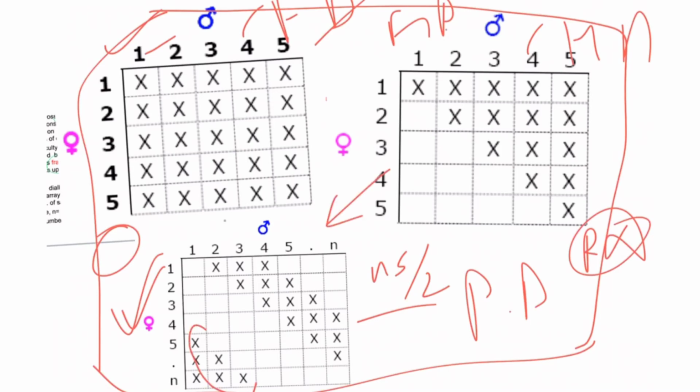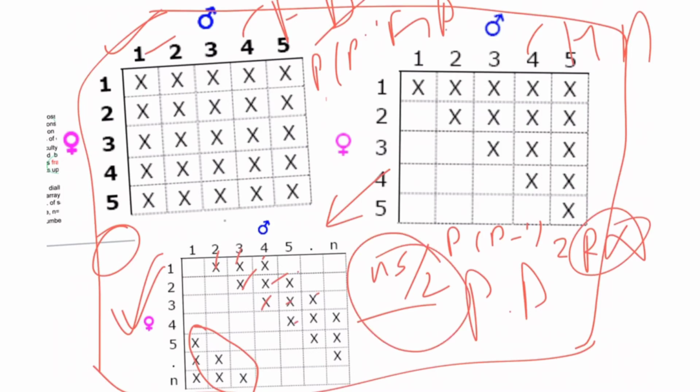Only selected parents are used in partial diallel. Suppose there are 3 parents, n is equal to 3. Okay, the formula is P minus 1 in full diallel, (P minus 1) by 2 in half diallel, and NS by 2 in partial diallel. So this is all about the full diallel, half diallel and partial diallel crossing plan.